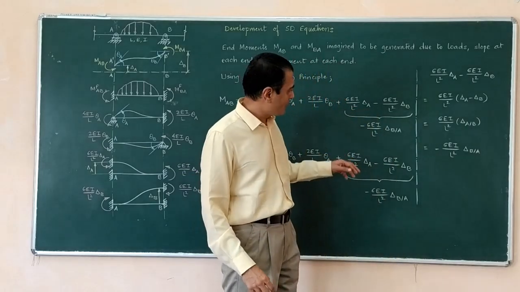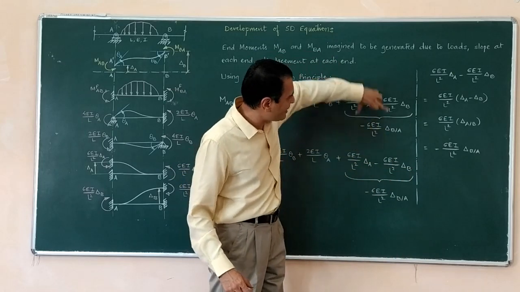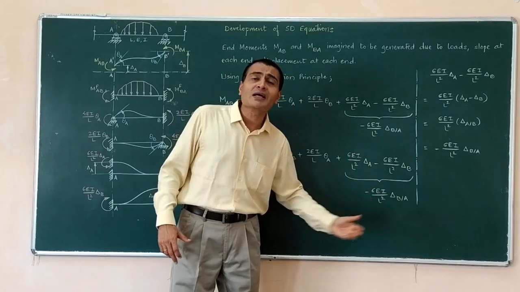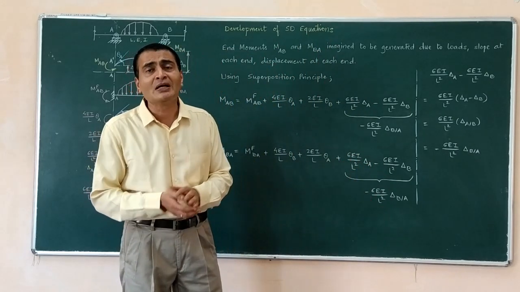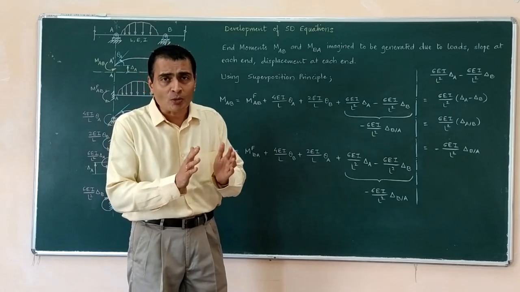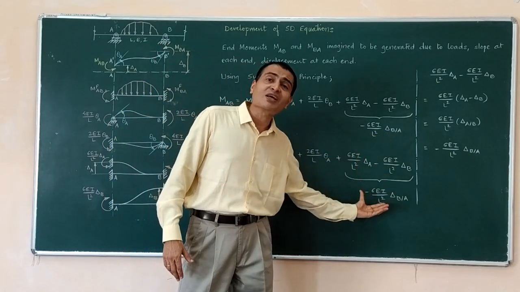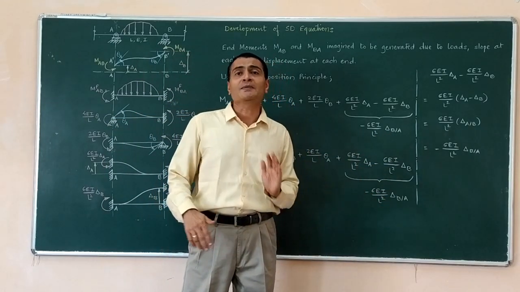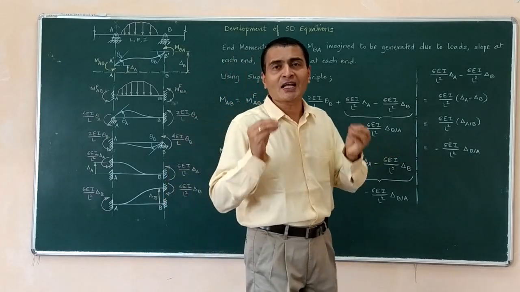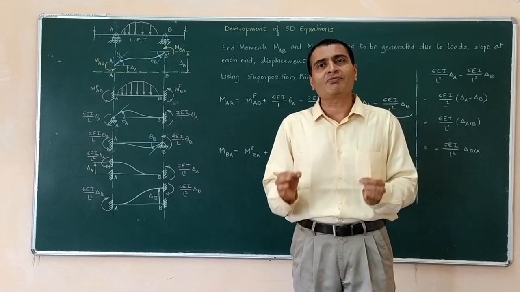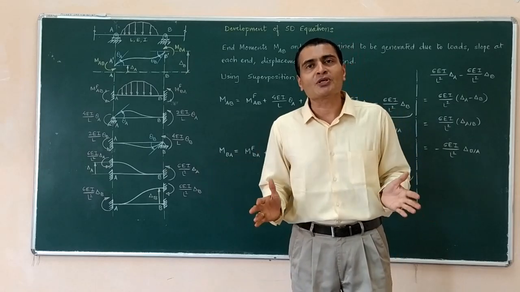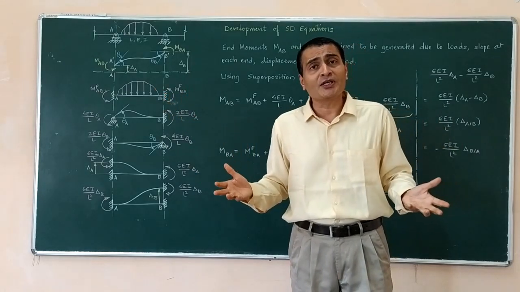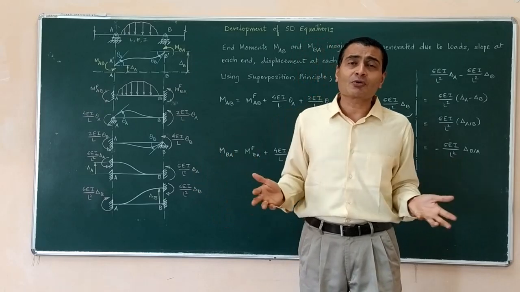Again these two have been combined because these are exactly identical to the two terms in my first equation. They are written in short as negative 6 EI upon L square delta B relative to A. Please observe, please note that the last term is same in both the equations, whether you consider M of AB or you consider M of BA. So this is the very simple and efficient development of slope deflection equations. And using these equations, you can solve a continuous beam, you can solve a frame, rigid jointed plane frame like that. So what are our equations?